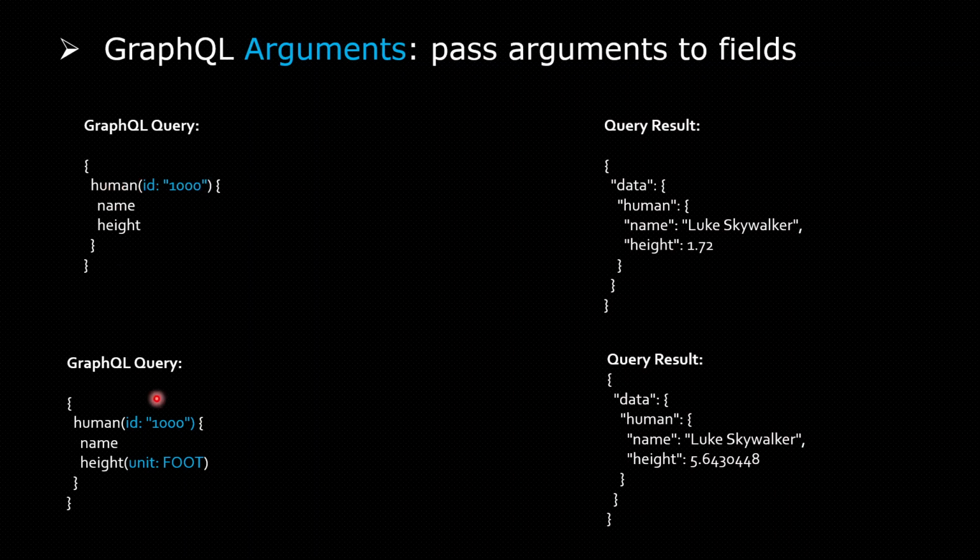We can also pass an argument to the field as well. So here, if you see, we have data here: the name of the human, Luke Skywalker, and here is the height of the human. This is in 1.72 meters. This is by default stored in the database, but we want height in feet. So what we'll do is, we'll write a query, human ID is equal to 1000. Then I need the name, but I need the height in